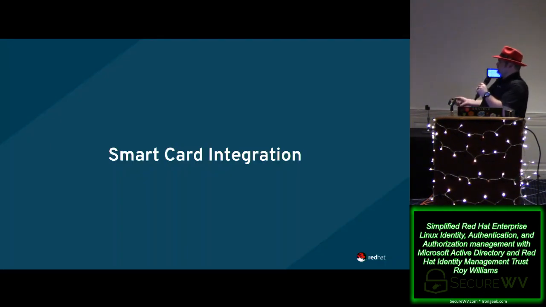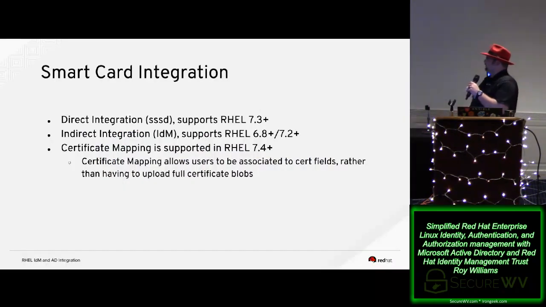Finally, some smart card integration. I'm not sure how many people in here really are too interested in this, so we're just going to breeze over it real quick. Smart card integration, we can do it with direct integration with 7.3 and newer. So RHEL 7.3 or newer, CentOS 7.3 and newer. I'm not sure what version specifically of Fedora that would hit, but